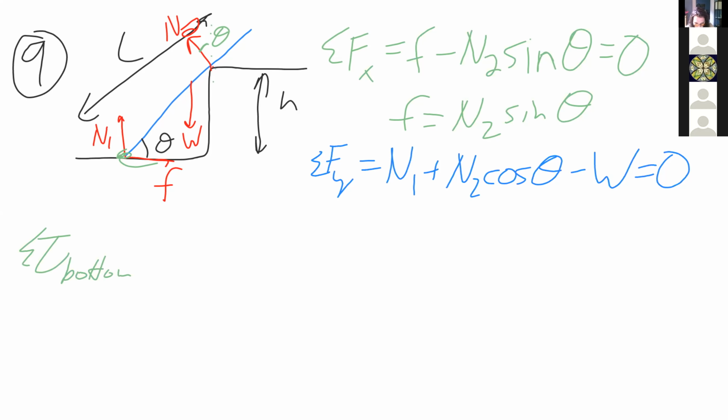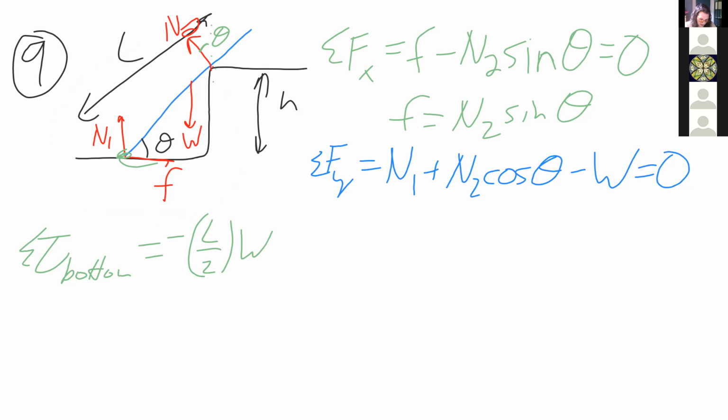Okay, so summing the torques about the bottom, N2 is going to give us a counterclockwise torque, so that'll be a positive torque, and the weight is going to give us clockwise, which will be negative. So for the weight, the distance is going to be L over 2. It will be a weight, and I just said it's going to be a negative